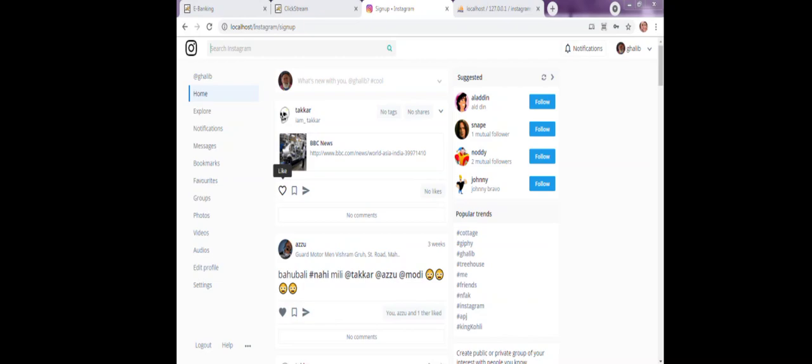Using their social media account, they can chat with their friends, like and comment on their posts, follow friends, and post their moments here.